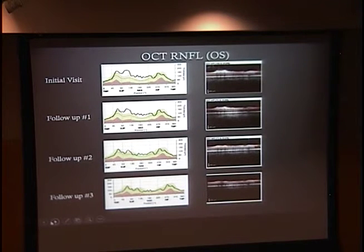This can be directed toward you or to the neuro-ophthalmology. The thinning of the